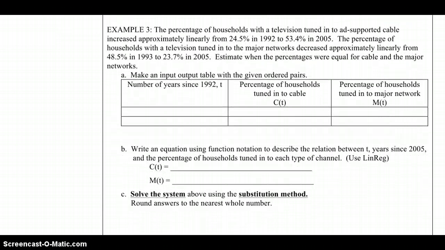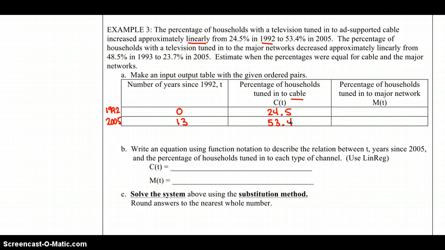In example 3, we're told that the percentage of households with televisions tuned in to ad-supported cable increased approximately linearly from 24.5% in 1992 to 53.4% in 2005. If we take that first sentence and put the data in our table, our input here is the number of years since 1992. So 1992 would be 0, and the percent tuned to cable was 24.5. And then 2005 would be 13 years later,